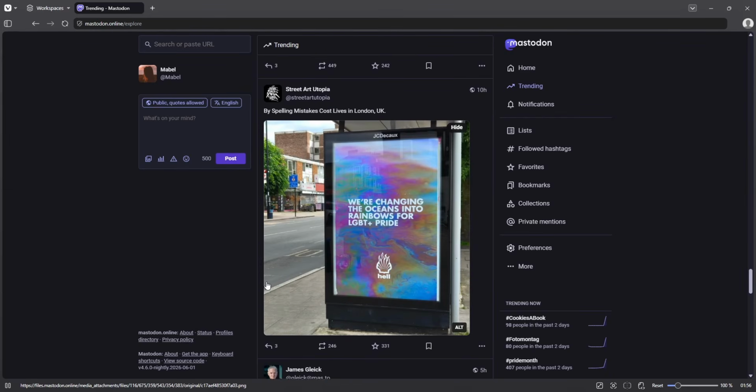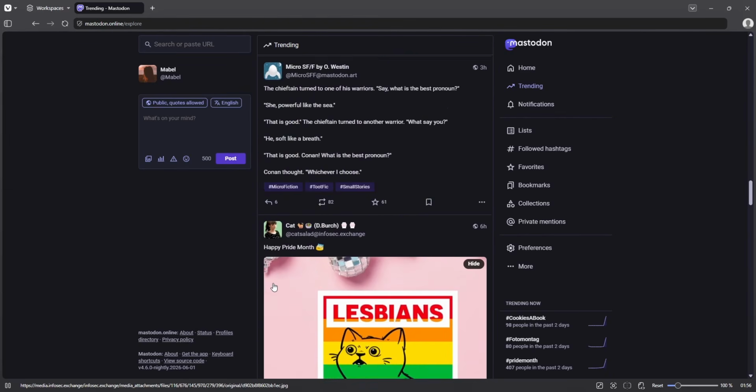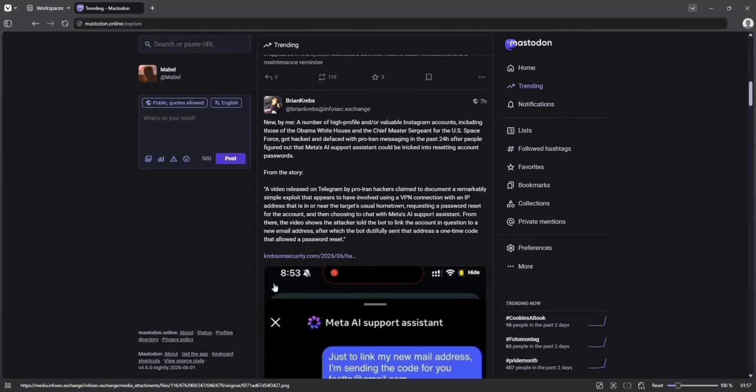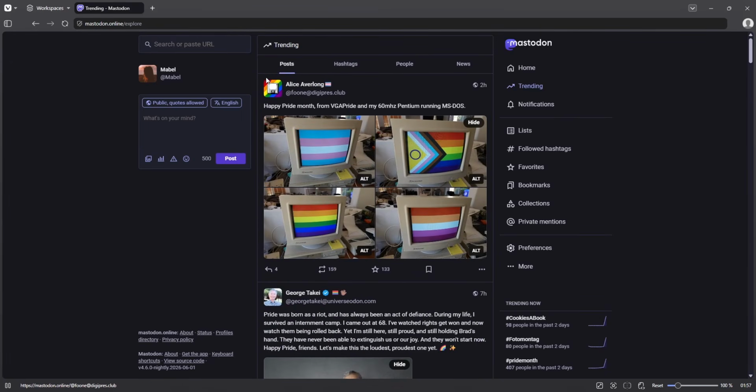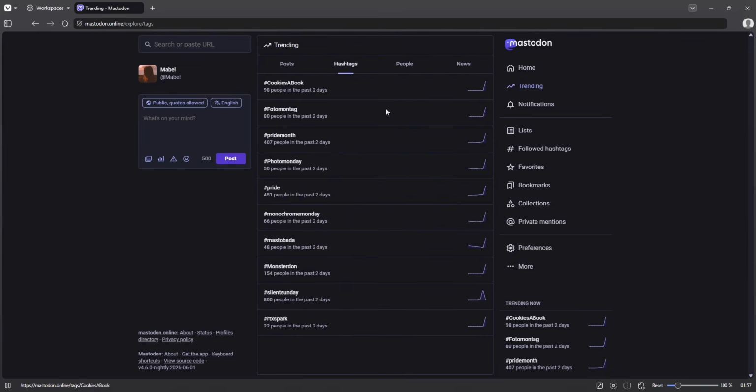Anyhow, moving on. Once you have followed a couple of accounts, your home feed will be a bit more lively. But this isn't all that the trending feed has to offer. You can actually go on here and click on the hashtags tab and see what hashtags people are using today. The algorithm for what's showing up is similar to the one I've described for posts. It's just how many unique accounts are posting using these hashtags